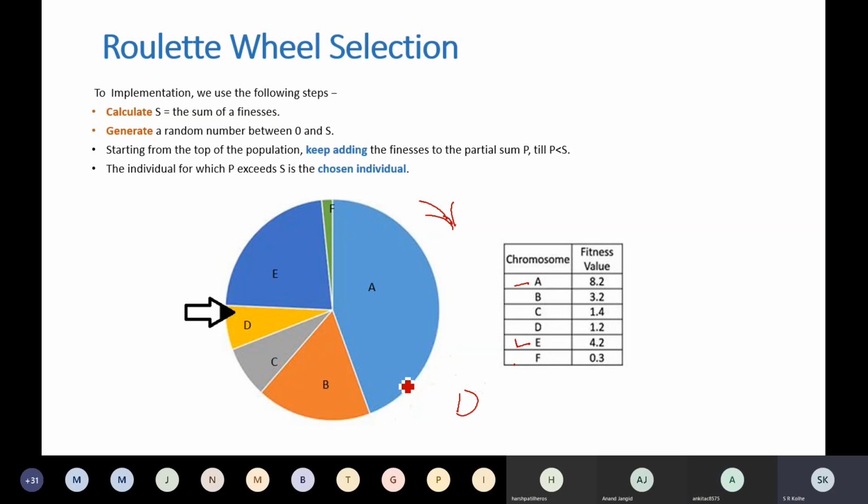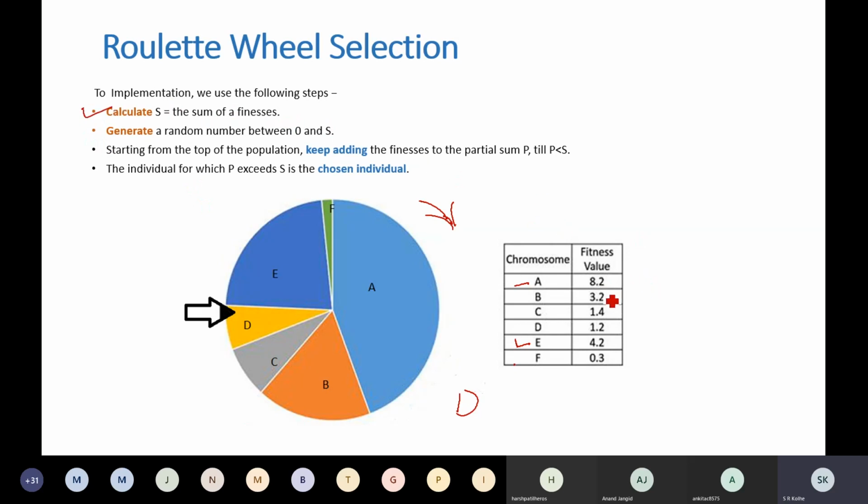Now the next task: this is how the method works, but you have to put it in algorithmic form. The computer will not understand what we are discussing right now. So how do we implement this? I will give you an idea. Calculate S, the sum of fitness.